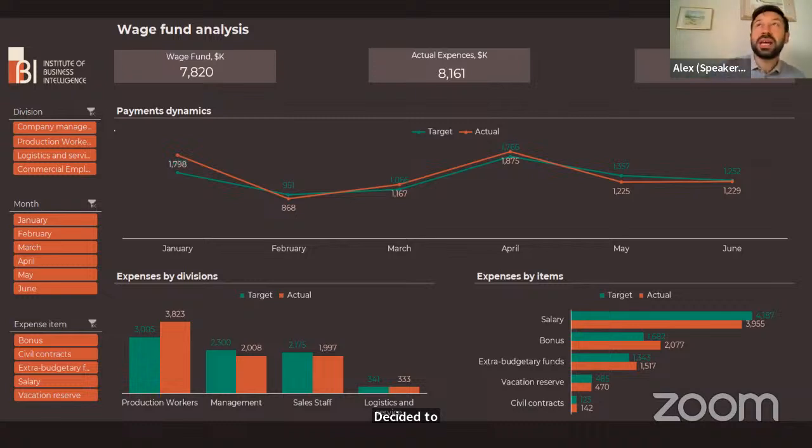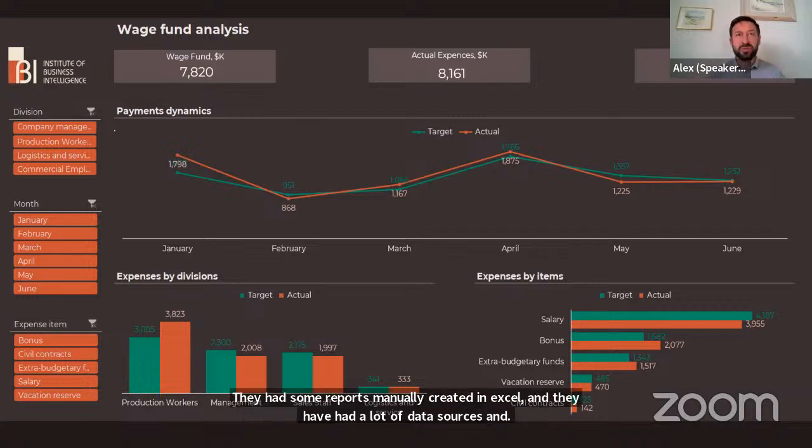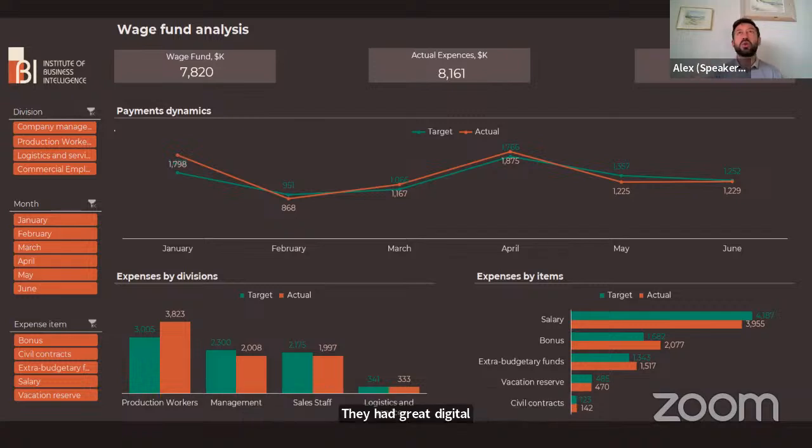Before, they had some reports manually created in Excel, and they had a lot of data sources, and they had a great digital transformation strategy, how to unify all the processes and get real-time dashboards. Their platform was SAP Lumira Analytics, and a lot of expensive tools.